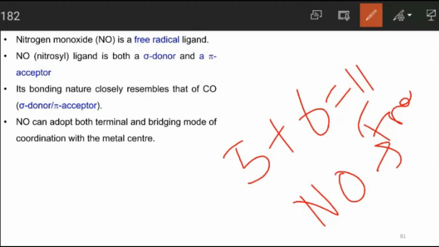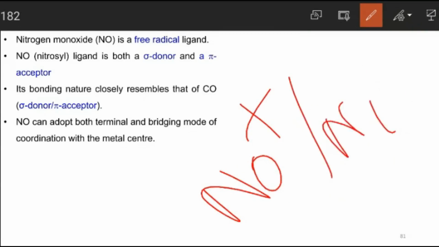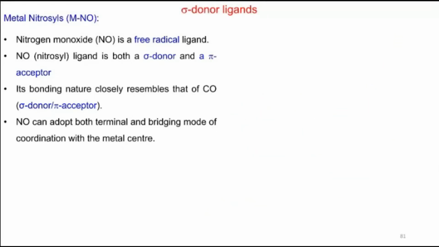Therefore, it cannot act as a ligand. Therefore, it is actually NO plus or NO minus that acts as a ligand. When to follow NO plus and when to follow NO minus, we'll be discussing later. So when coming to nitrosyl, it is an 11 electron donor; the nitrosonium NO plus or NO minus, which has 10 or 12 electrons, can readily act as a ligand, especially the NO plus, which can